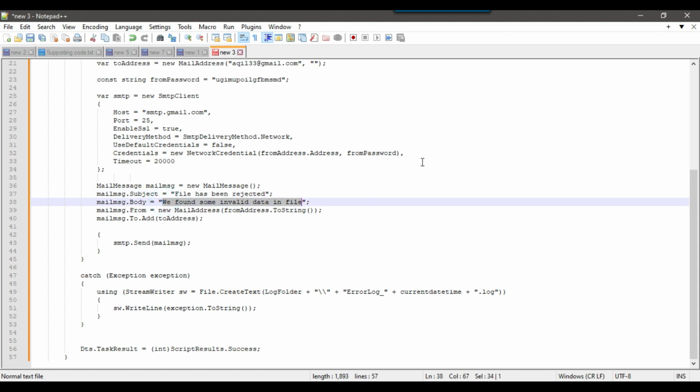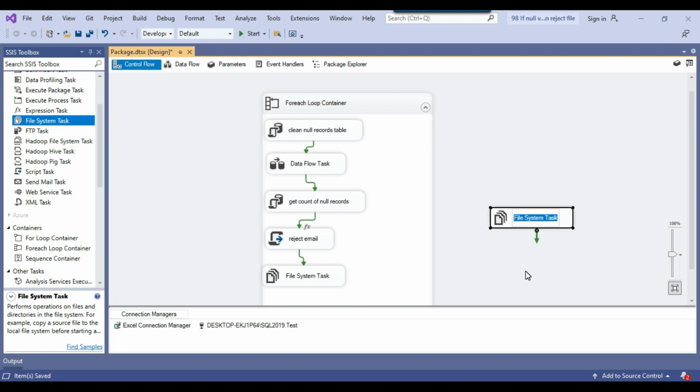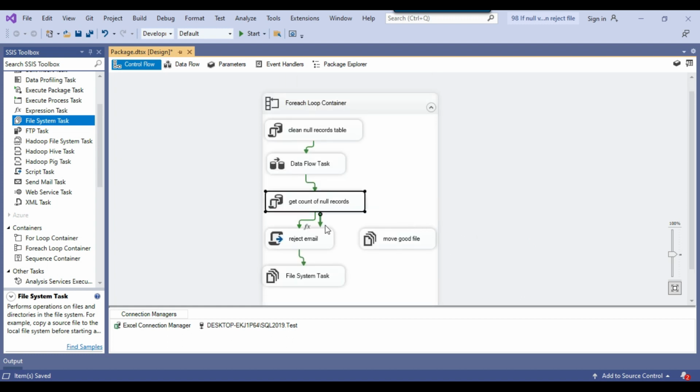Okay, it will take some time just to open and change these two lines. So I think you can do that. So in case of a good file, I will just move the Excel file to the processed folder. So I can call it move good file. Okay, and then I can just drag and drop this particular task into the for each loop container, and I